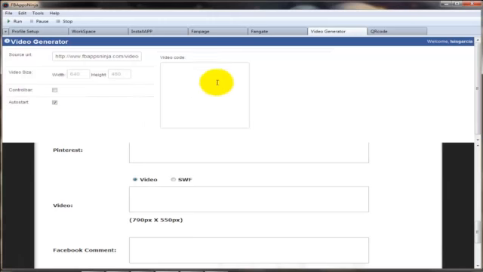Again, this is for both processes. This is for the webinar app and this is for the game app. It is the exact same procedure for both. Then when you have this information filled out, whether you chose the control bar or autoplay, and you have your source URL and the height and width, you click on the run button up here where I'm hovering over. You click on run,